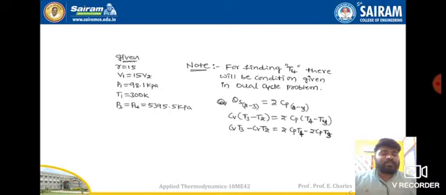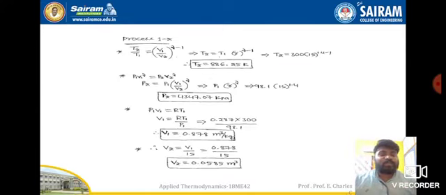That means QS of the 2 to 3 process is equal to 2 into Cp of the 3 to 4 process. So Cv into (T3 minus T2) is equal to 2 into Cp into (T4 minus T3). That is the condition given. Let us see once again: Cv T3 minus Cv T2 is equal to 2 Cp T4 minus 2 Cp T3. This is the condition given in the problem. Based on that condition, we have to move further to solve the problem.